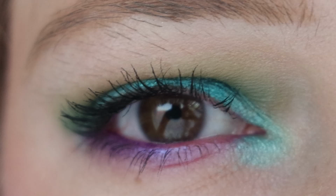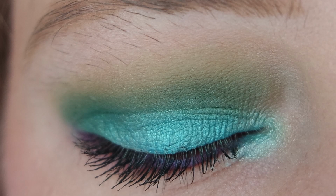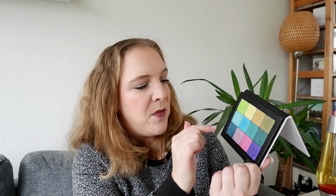But I love these square pans. I love how sleek this looks. And I just really like these colors. This lime green, bright shimmer shade is life. And then I went with some murkier shades here, some turquoises, and then some teals. And then I've got some purpley pinks. I put in 1, 2, 3, 4, 5 mattes and everything else in shimmer,